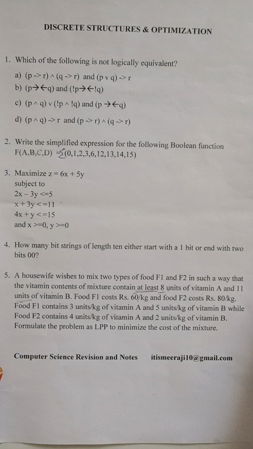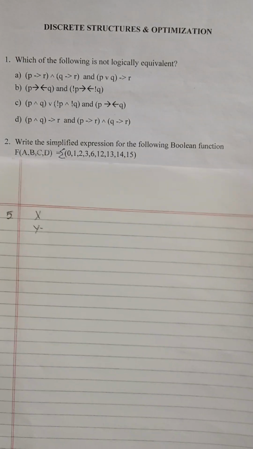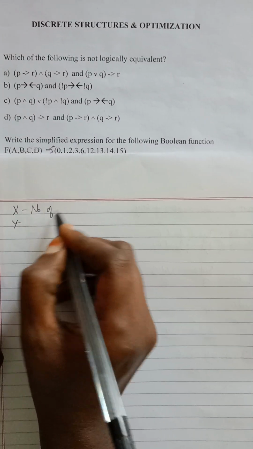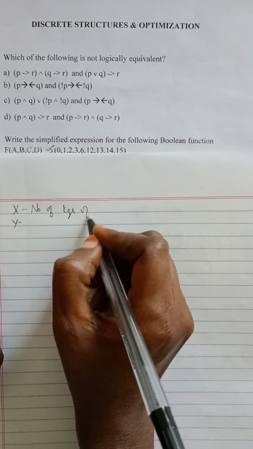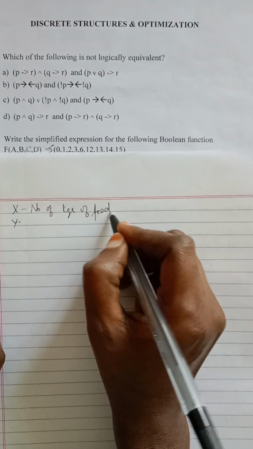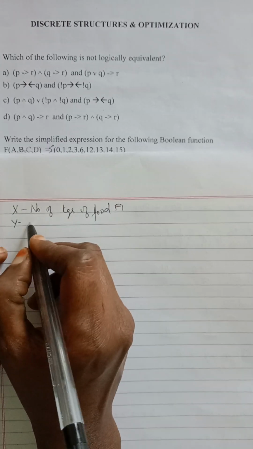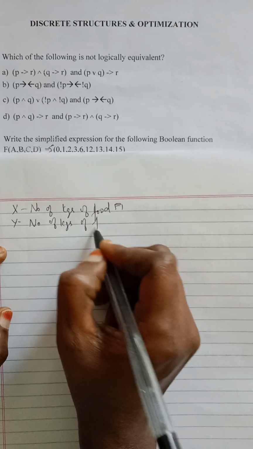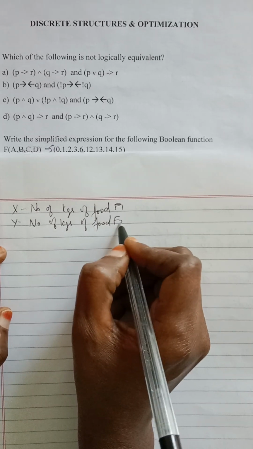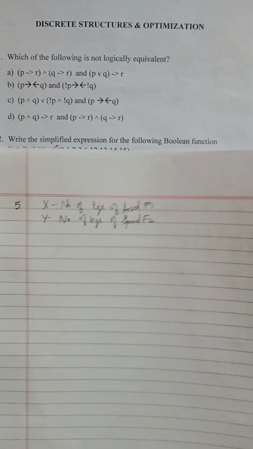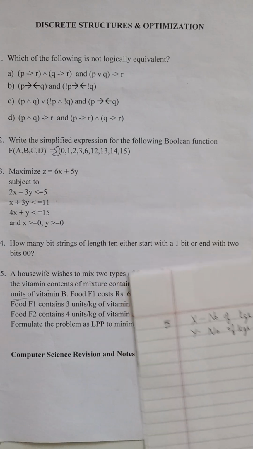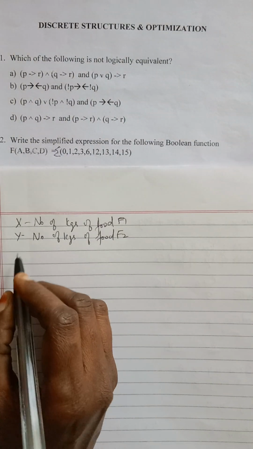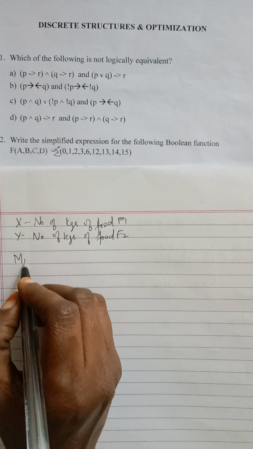So x is the number of kgs of food F1, and y be the number of kgs of food F2. So these are the decision variables. Okay, so now we have to minimize the cost. So when we have to minimize, we'll write the function, that is minimize,